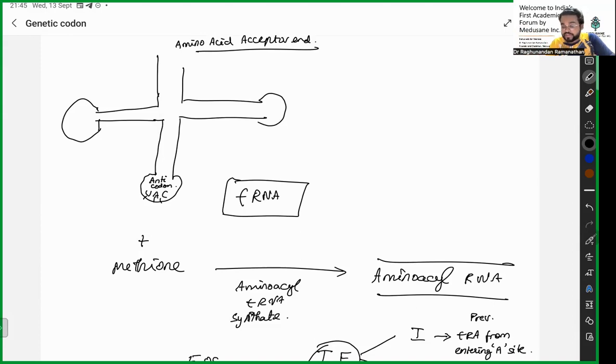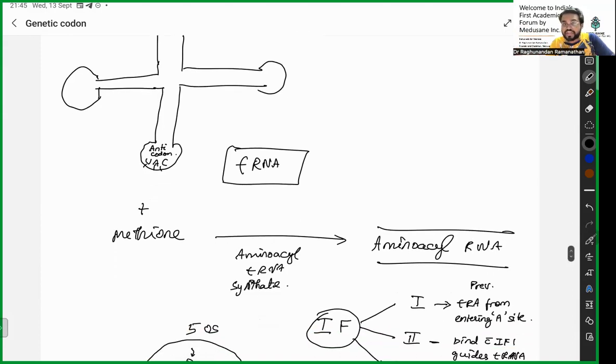So now you are going to have a tRNA loaded with the amino acid. This is going to be the first step. But there is actually a utilization of ATP in this step. ATP is converted into AMP. Whenever ATP is converted into AMP, two phosphates are released. If you consider two phosphate release, that means here you require 2 ATP. So it is equal to spending 2 ATP.